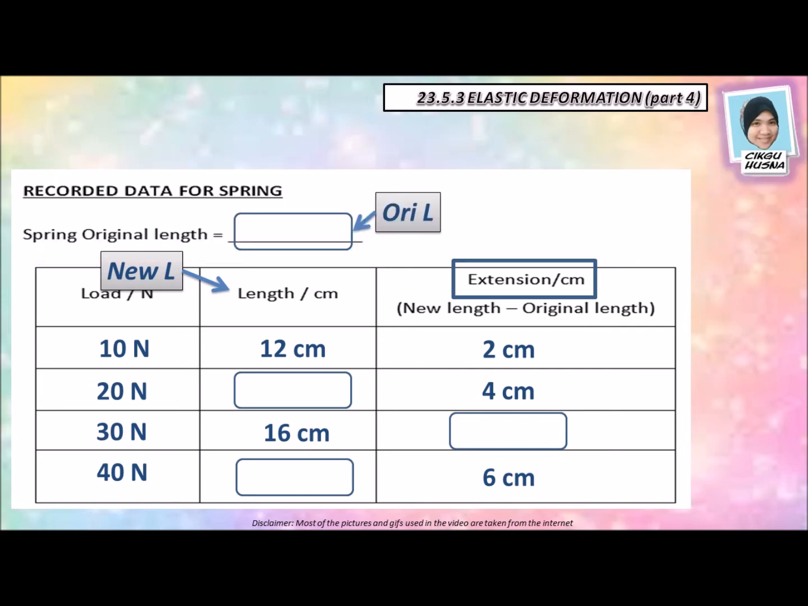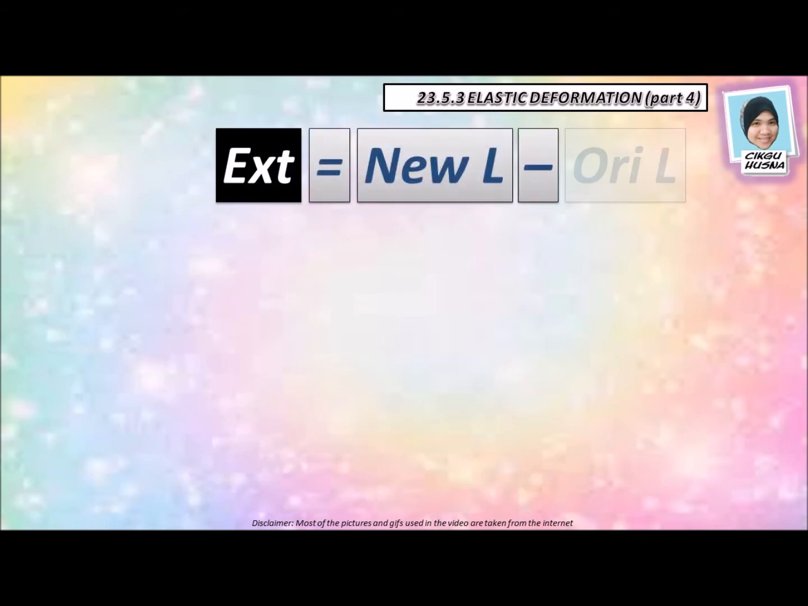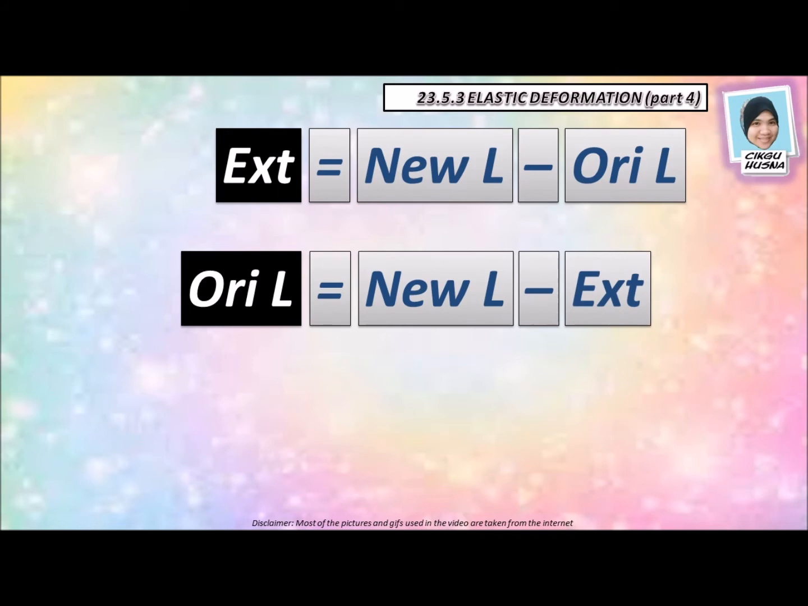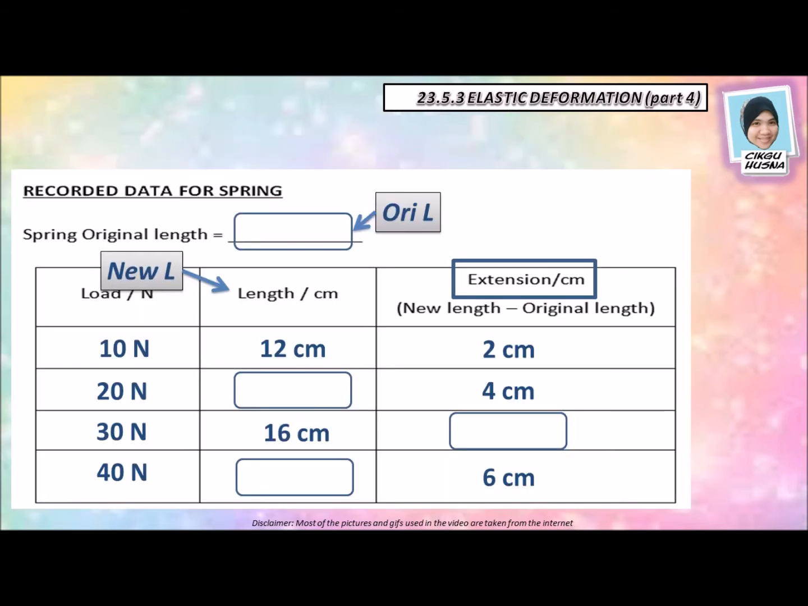To answer this question, we have to go back to the previous formula that we have learned. We have learned extension is equal to new length minus original length. So we have to play around with this formula. If you want to find original length, you need to write original length is equal to new length minus extension. And if you want to find new length, the original length you bring forward becomes plus, and extension you bring forward to the other side. New length is equal to original length plus extension. So here,